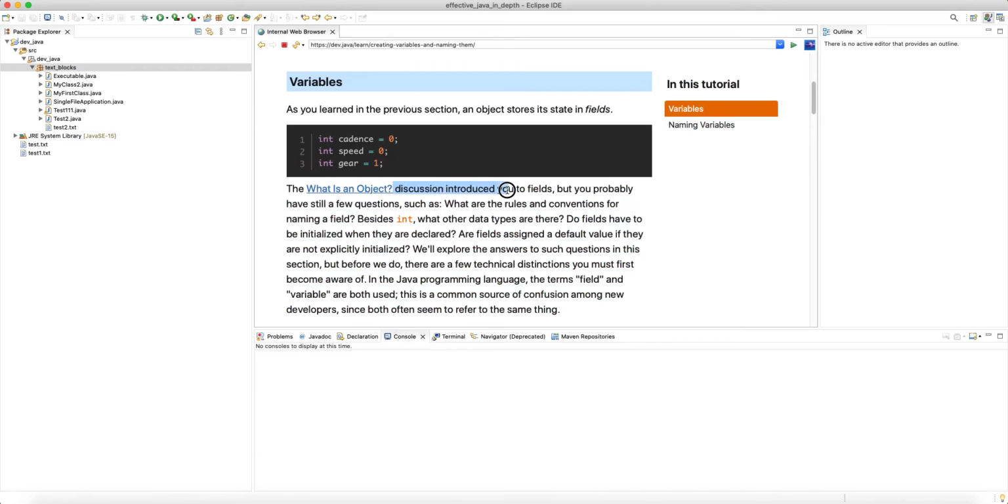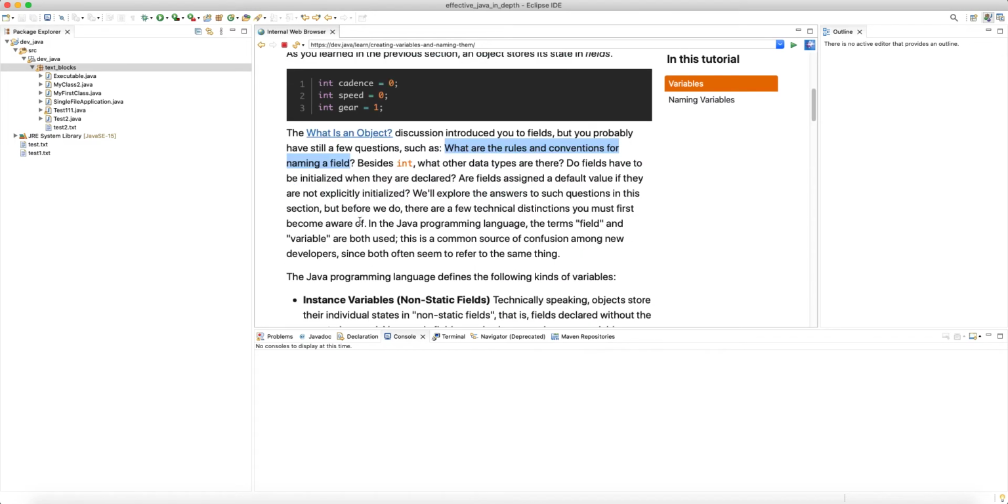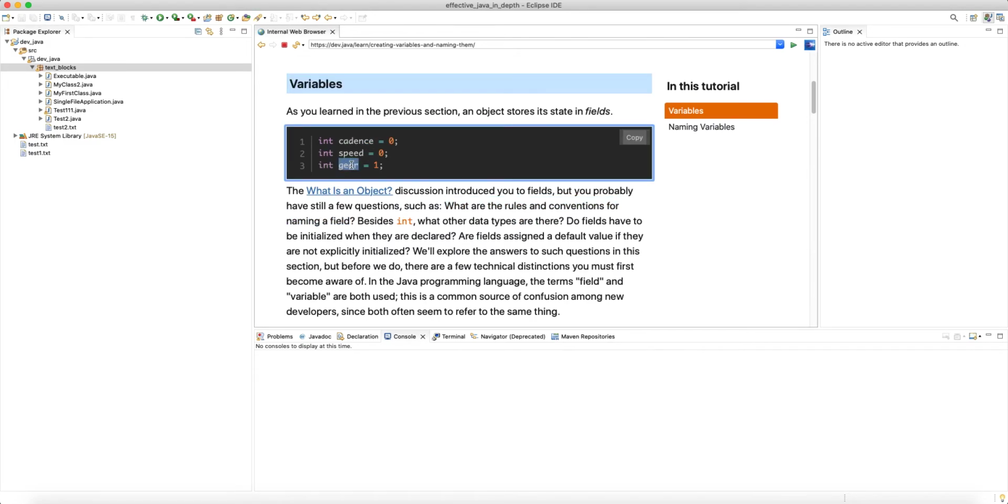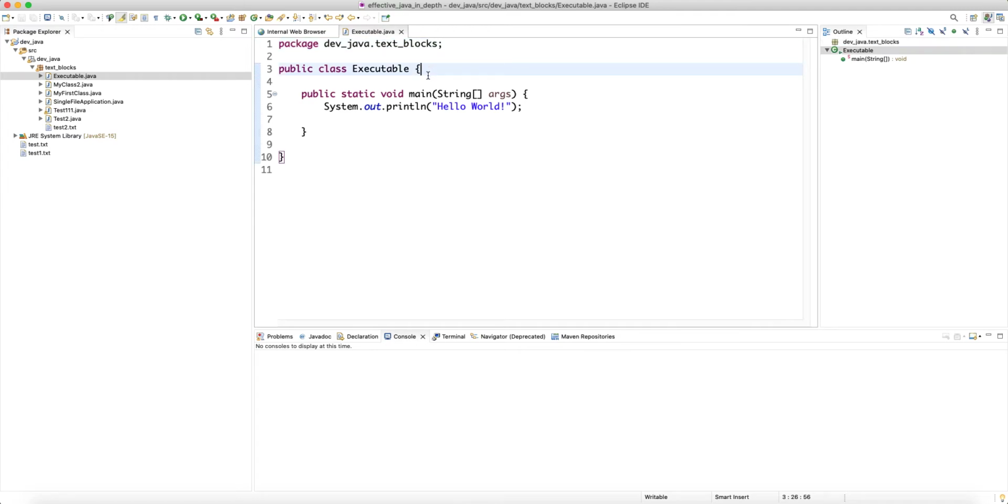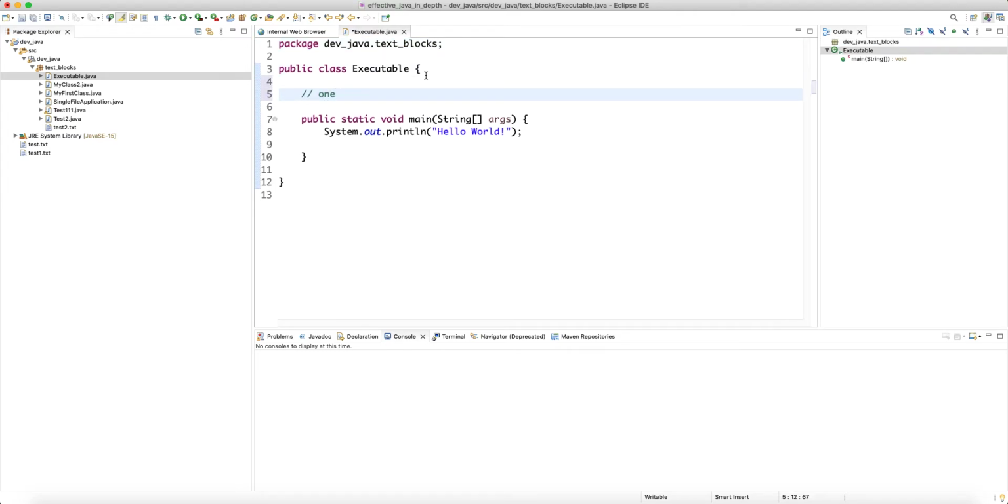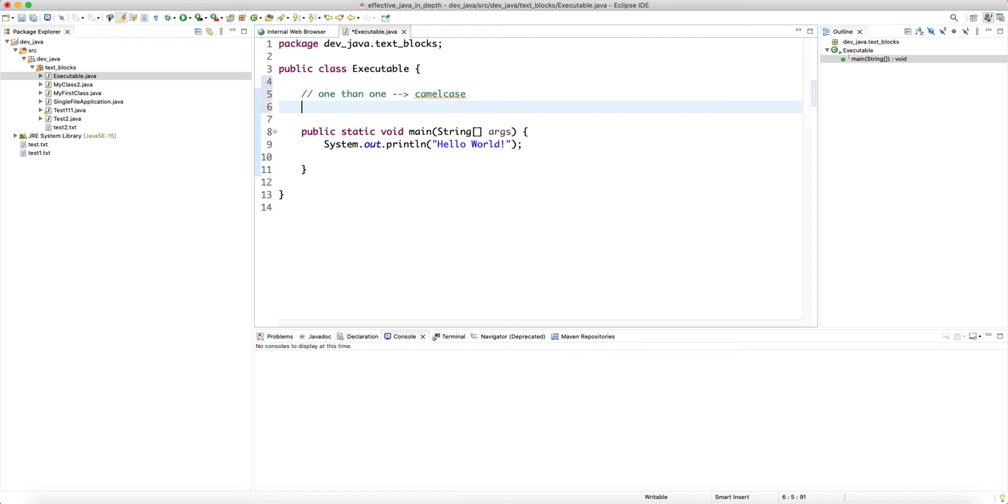The discussion introduced you to fields, but you probably still have a few questions, such as what are the rules and conventions for naming a field? And we said that in Java we follow the best practice of camel case. Camel casing means if you have a field that has more than one syllable, you want to go with camel case notation, which means, let's say I want to have a variable